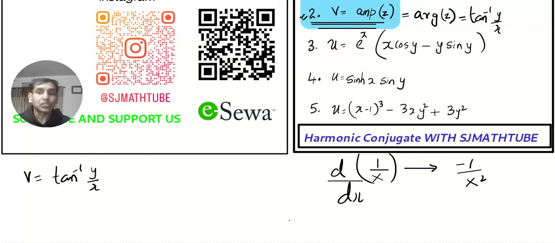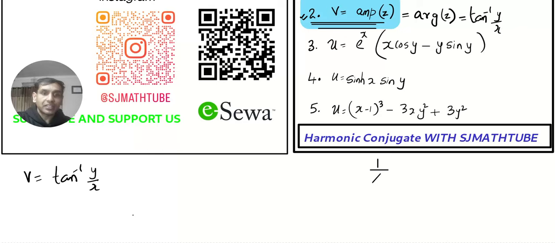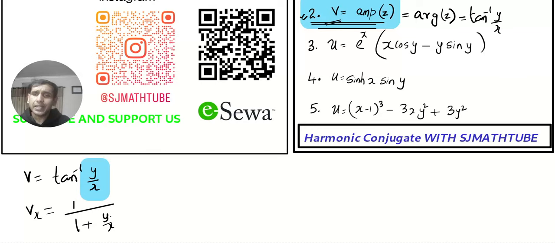Now the last question is, how are we going to differentiate the given function? So I'm going to write Vx because we have to prove that the given function is harmonic and we have to find the harmonic conjugate and the complex potential. So Vx is, can you see this is tan inverse something? Are you able to see tan inverse something? Yes. So the derivative is 1 by 1 plus same thing squared